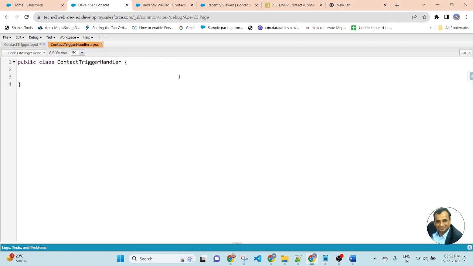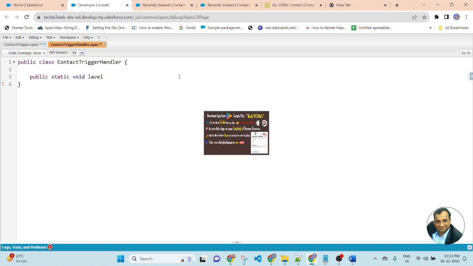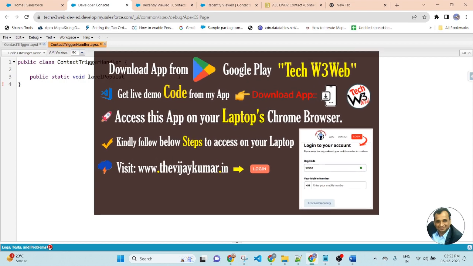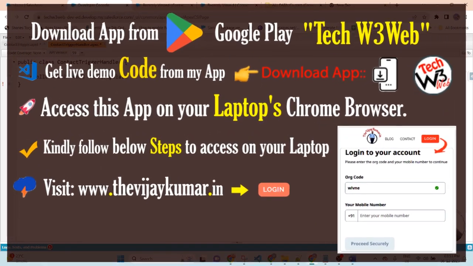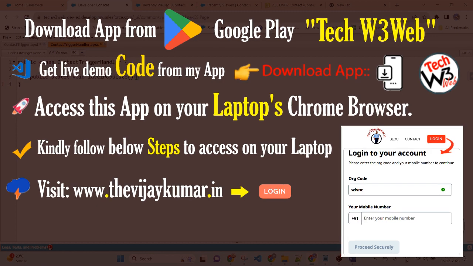So first I will create a method: public static void. Here I am populating the label value. So label populate, this is the method name. Here create a contact list.